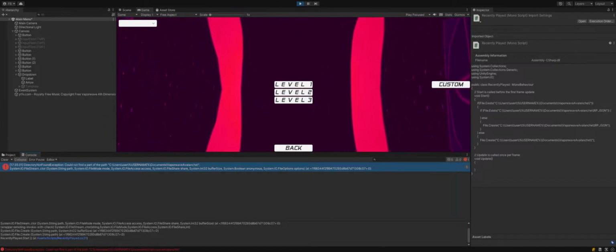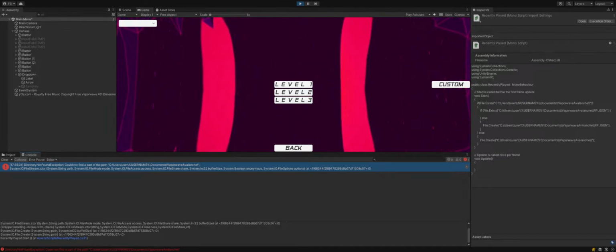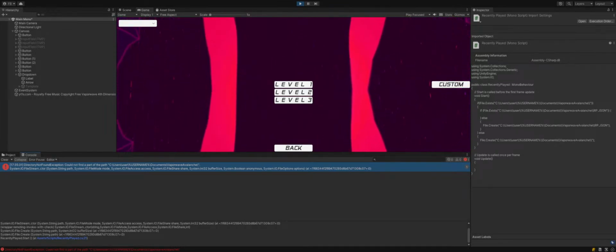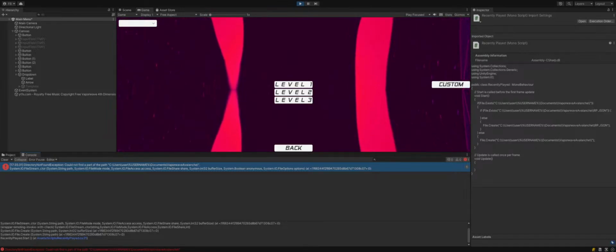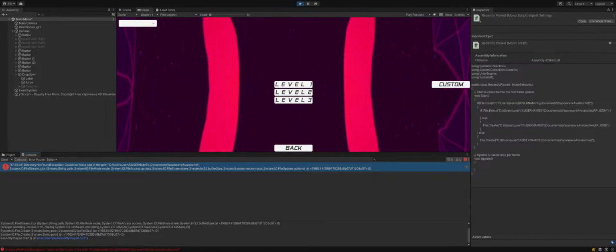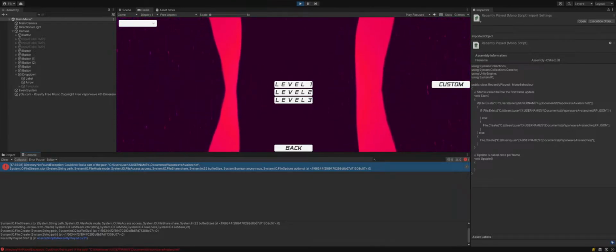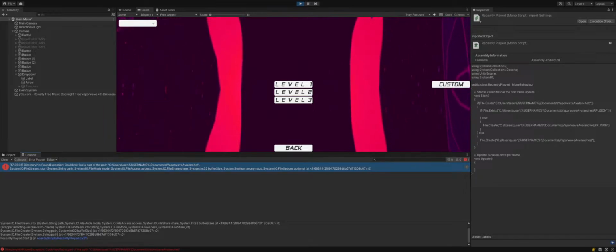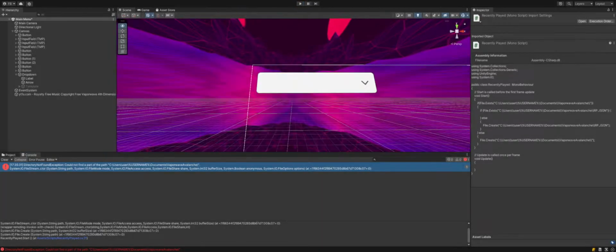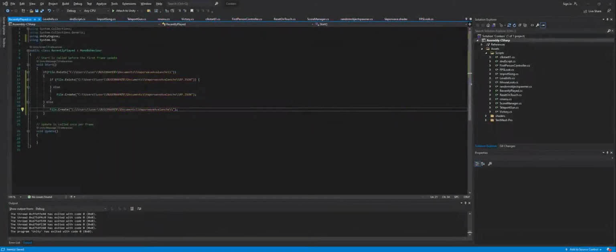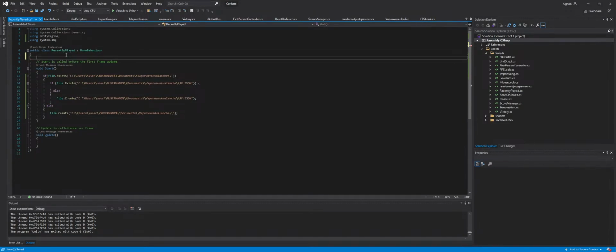Oh, I guess I can just do what this guy did. So environment.username. Let's see if that works. Let's go to scene 3. And so we want to add environment.username, not this. Okay, so at the start, we will add